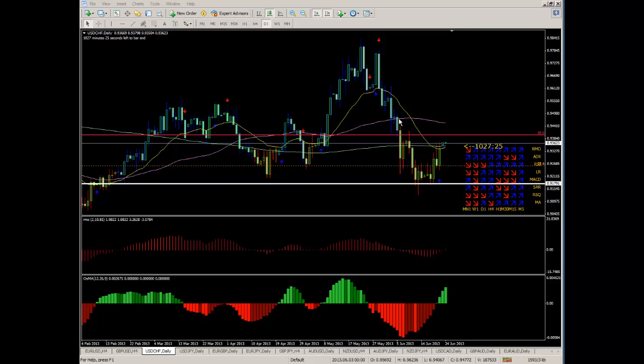US dollar Swiss franc. US dollar falling quite aggressively recently after the announcement from the Fed about potential tapering of the QE3 plan they've had in place since last year, where they've been spending on average 85 billion per week, and that's where we've seen this major fall, and in doing so pulling back towards major support and resistance lines, in particular trading below the current consolidation here, however not really taking the momentum and moving lower, finding support over